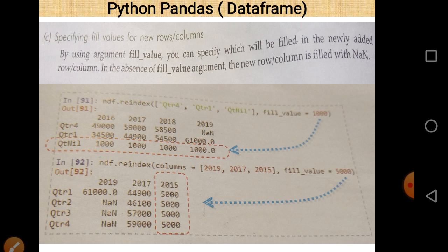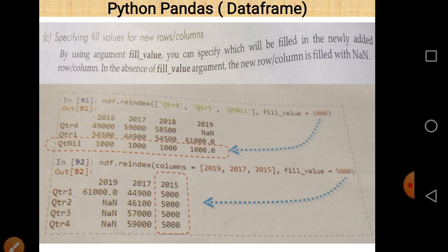And if we want to replace this NaN by any value, suppose 5,000 or 10,000, then one question is raised in our mind: is it possible? So the answer is yes, it is possible, because of a parameter named fill underscore value. Fill underscore value is the name of the parameter by which we can fill NaN values.